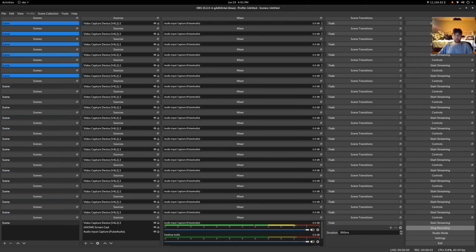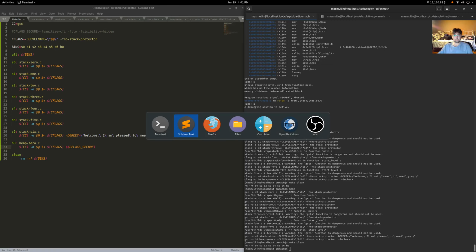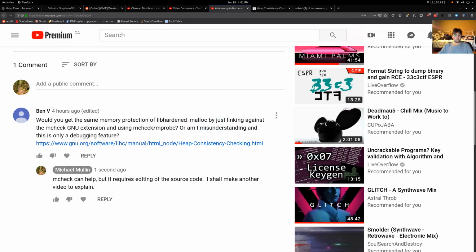All right, so one of my friends from work asked me a question on my previous follow-up to the hardened malloc video: can you basically get the same sort of memory protection from hardened malloc by linking against the mcheck GNU extension and using mcheck and mprobe? So the answer is you can get some additional protections from it, but the issue is that you can't just link against that library. You have to edit the source code, and I told him that I'd give him a